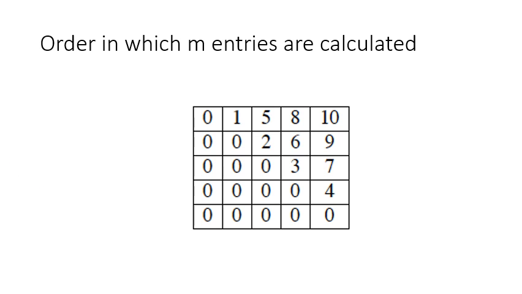This table is showing the order in which the entries in a matrix are calculated. Like in the first step we will compute these diagonal values. Then in the super diagonal we first calculate this value, this value, this value and this value. Next comes the second super diagonal, that would be this value, this, and in the last we will calculate the value at 1 to n.